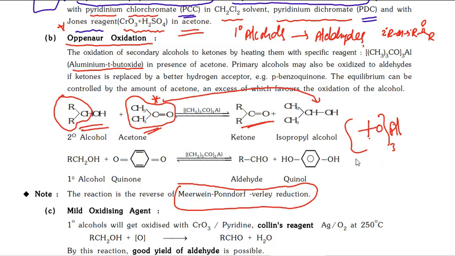So in this named reaction, what's happening? Alcohol is converted into a carbonyl compound, and the carbonyl compound into alcohol. You can see one example here. We are taking a primary alcohol and quinone. The quinone becomes quinol. Here the alcohol is converting into an aldehyde. If you take a secondary alcohol, you will get ketones.